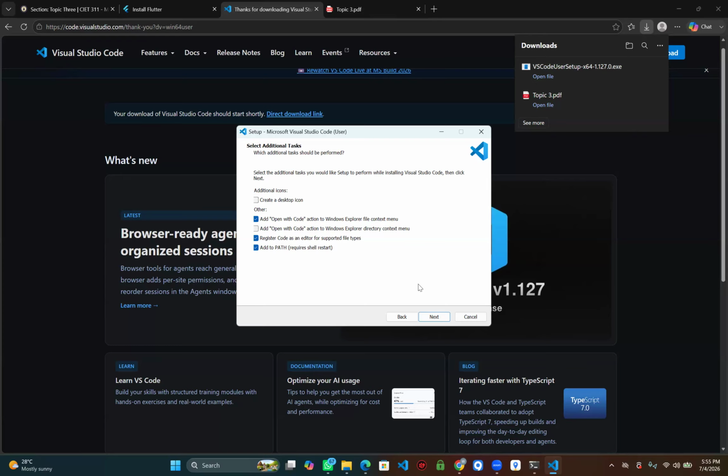You extracted it. Okay, create a folder in drive C. Call it Flutter and put your extracted Flutter in it. Have you done it?